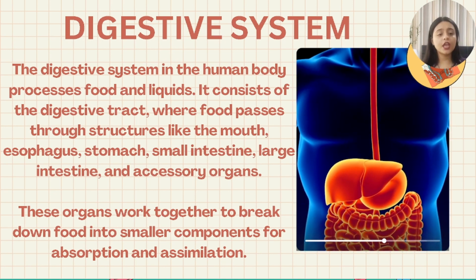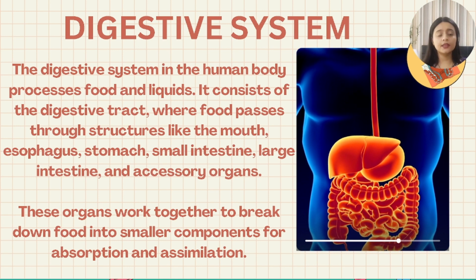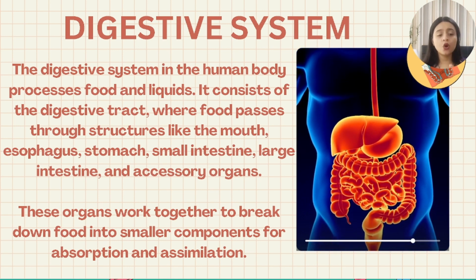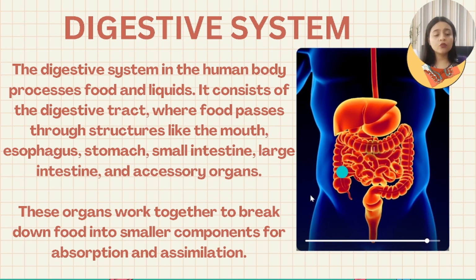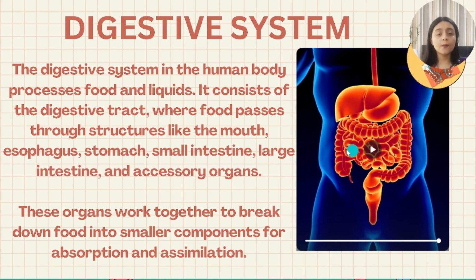There are different types of glands, accessory glands, the liver, the pancreas, gallbladder. This whole system you can see here is a stomach. Okay, it's a stomach, and this whole structure is the digestive